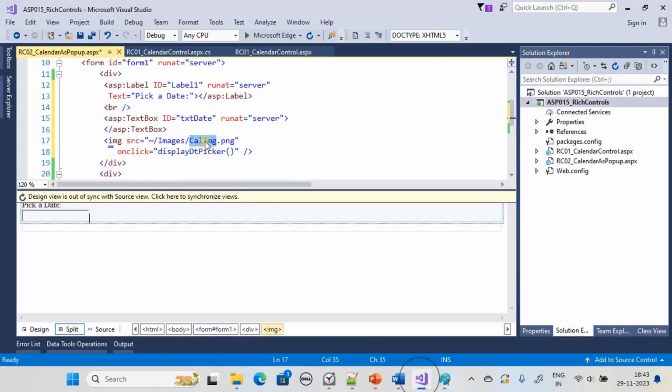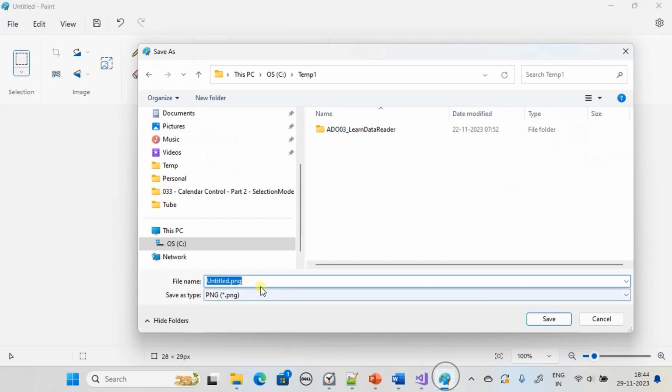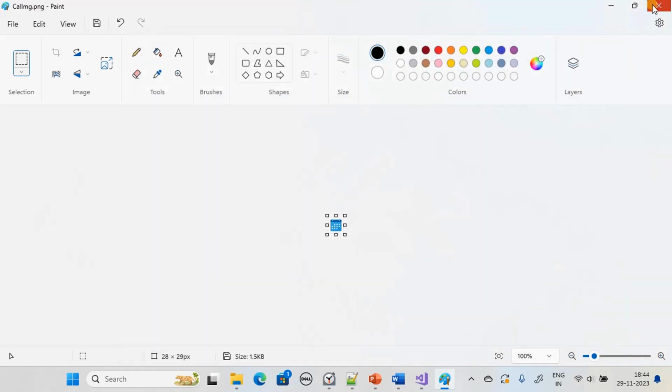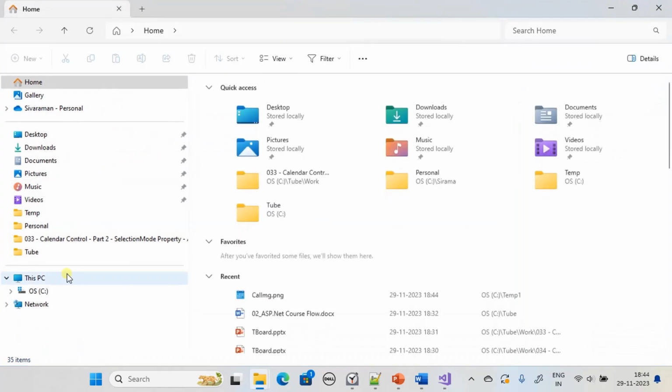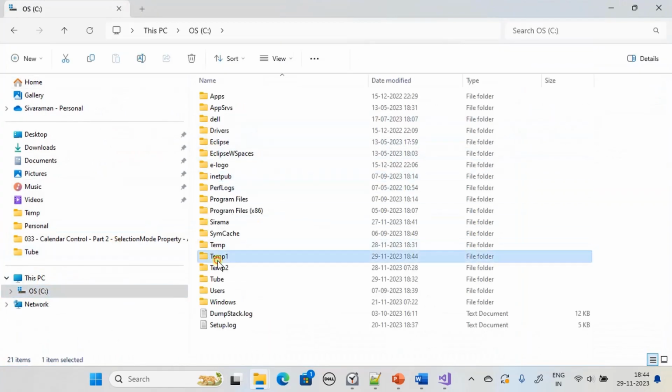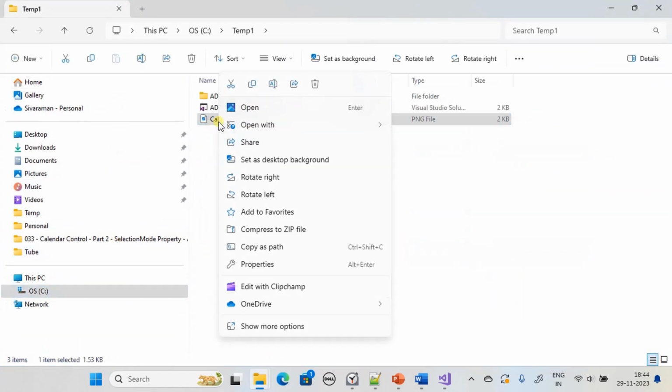And if you see, cal image is what we are referring. So C drive temp1. So C temp1, we will cut this to the clipboard,